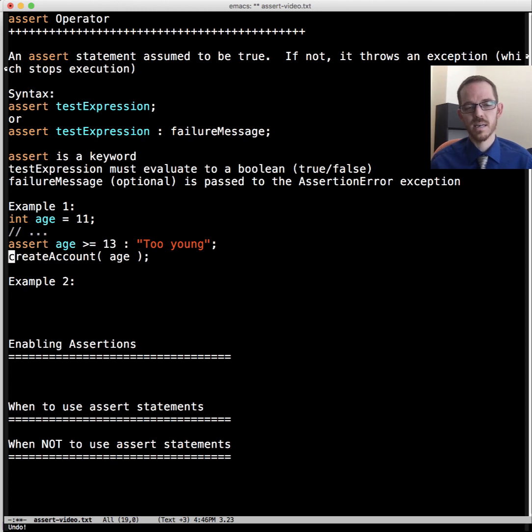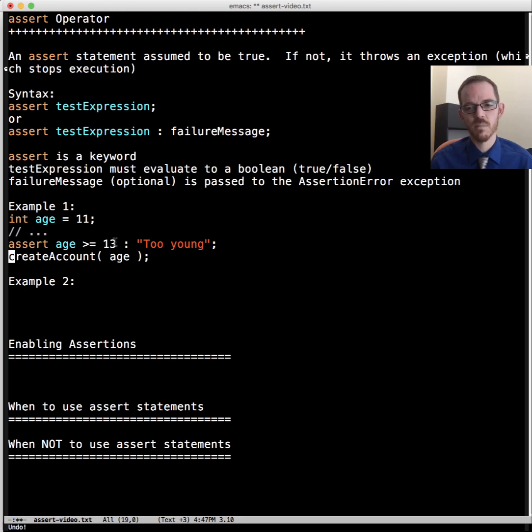And then, because we're about to create an account, we just want to assert that the age is at least 13. And if it's not, then what we'd like is to have it stop, because something's wrong, our assumptions are wrong, and we should have fixed it. It is a super simple example. You wouldn't actually do this in practice because it's probably dependent on user input, but maybe we're inferring the age, I don't know, but a super simple example. And then we'll see it in execution in just a minute.